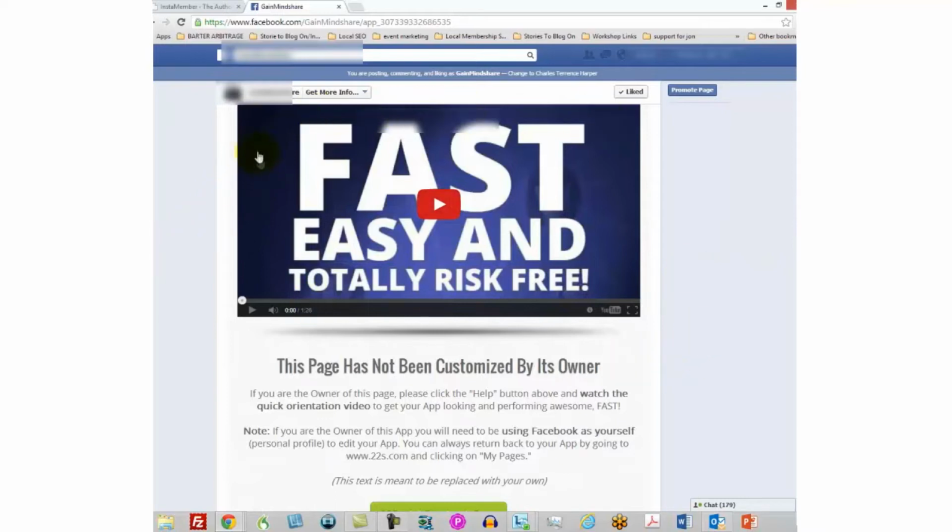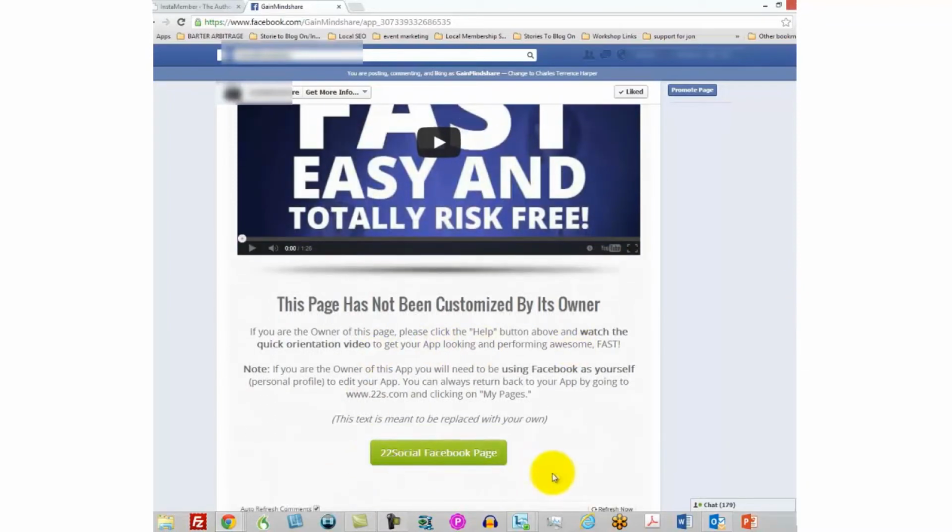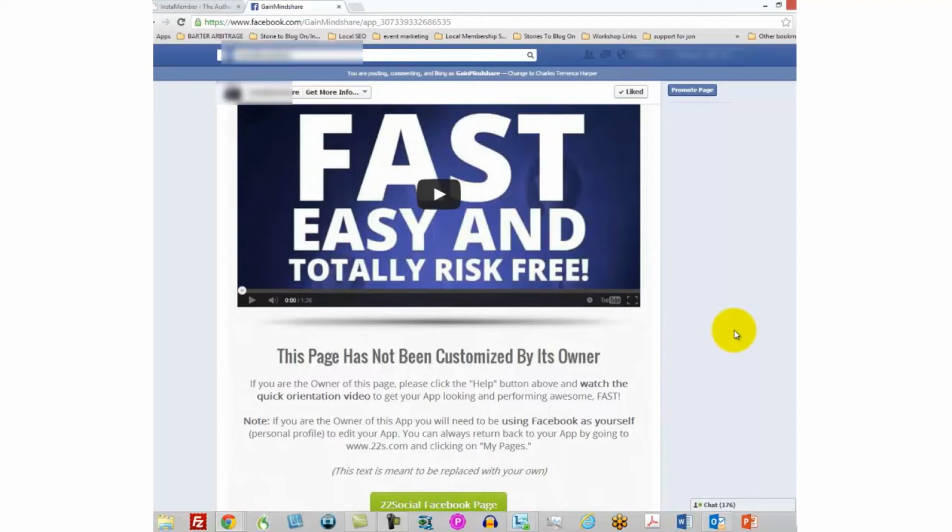So if you want to run a hangout from Facebook, you can do it. You can do this easily, and once again, the company that you're going to want to look for is called 22 Social, and you can get at least one free page. And you can see I've got mine there, 22 Social Facebook page. Once you get to 22 Social, they're going to have you go through a process. You're going to set up a page on your fan page, and you can use that page in order to market whatever you want to. And so it's just like having your own web page on Facebook.